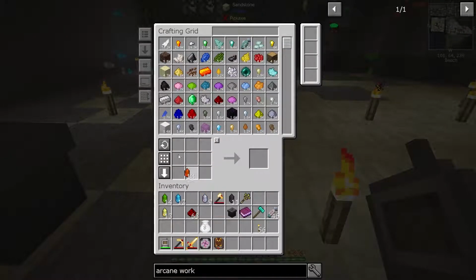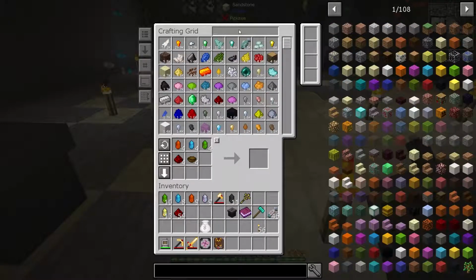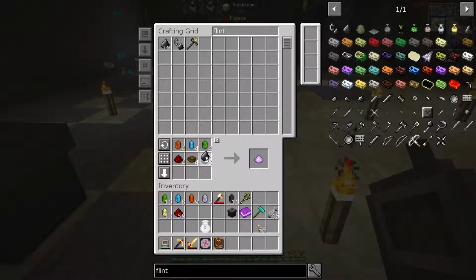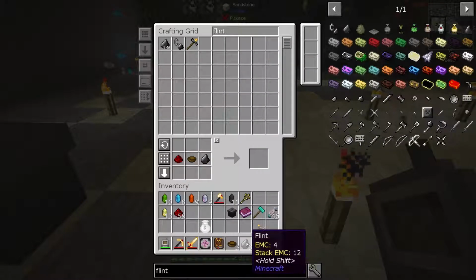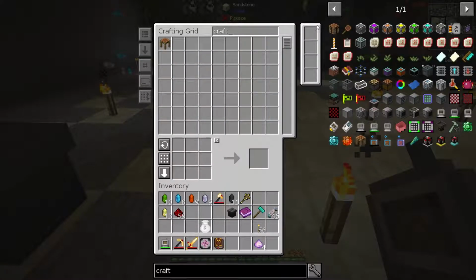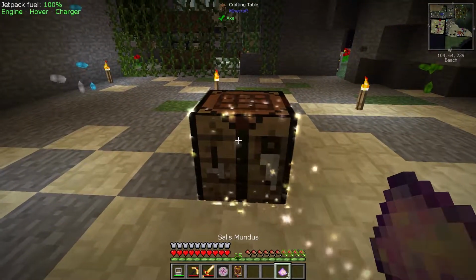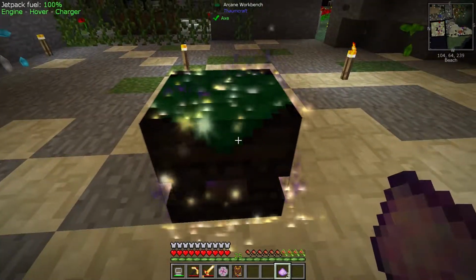So I think we might as well make several pieces of this Salus Mundus, because I believe you need it for several different things. So we've got four bowls and then flint. And we'll just get four pieces. Oh, that refunds that. Okay. So we needed a crafting table. I think we need a regular vanilla one. And that's that. And then we need...